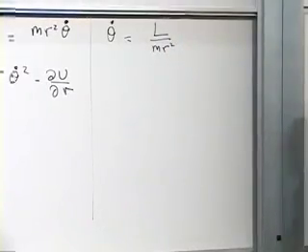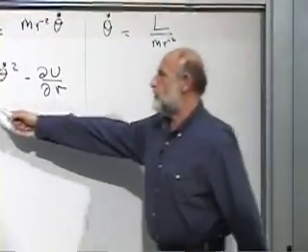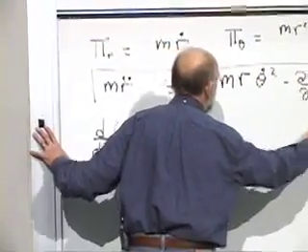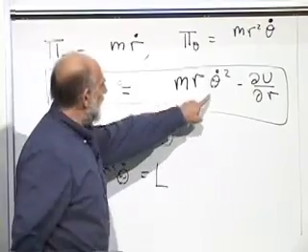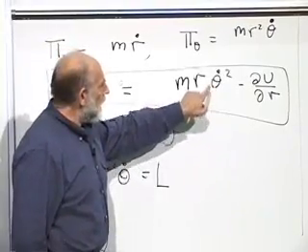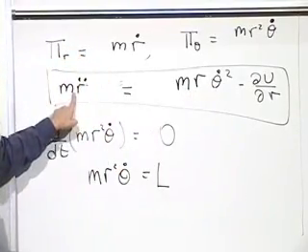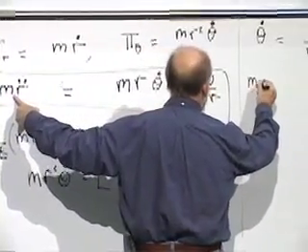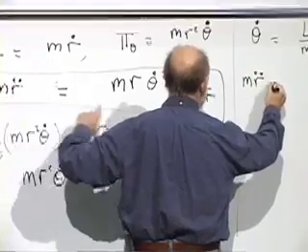Well, that's interesting. Now we can come back to the equation for r. Now that we know something about theta dot, let's plug it into the equation for r. And what do we get? We get an equation for r which is m r double dot is equal